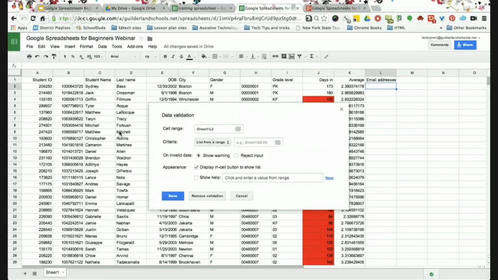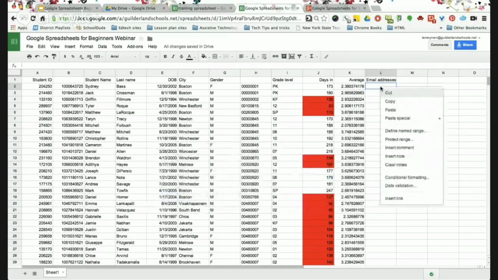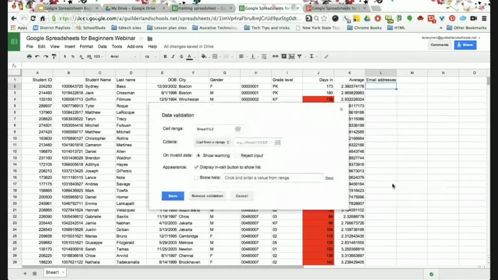You can also right-click a range of cells and select data validation, so that's another path to get there. So right here, click on data validation, and you get to the same little window or dialog box. And let's select your validation criteria. For example, we want to select the cell range, which is Sheet1 L2, and the criteria would be